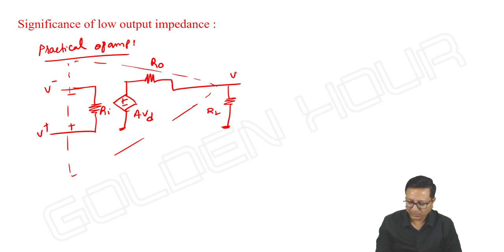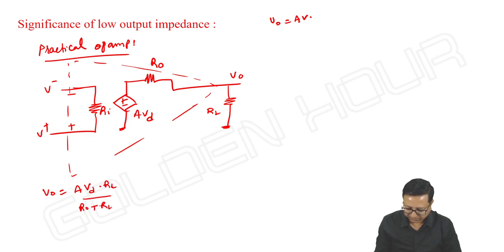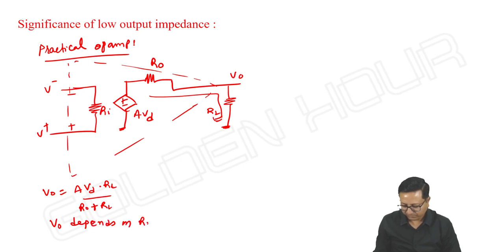some load resistor RL is connected. Then what is V output? As usual, V output is equal to A into Vd multiplied with RL by RO plus RL, because this is how the current is flowing. Well-known equation. Now if RO is 0, what happens in an ideal op amp? In a practical op amp, the output is dependent on RL, V output depends on RL. Whereas in an ideal op amp,